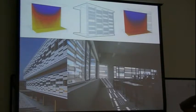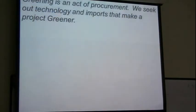What is the effect of these stones? These elements. So,